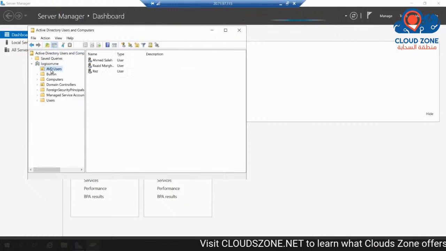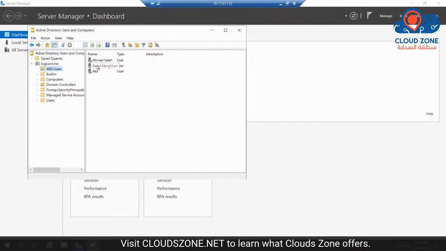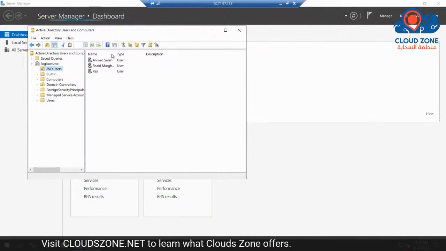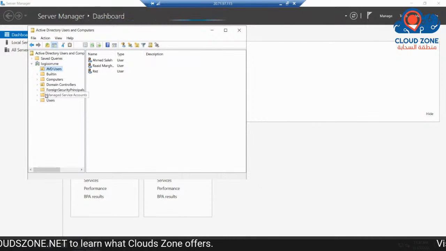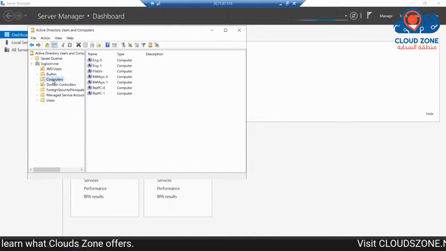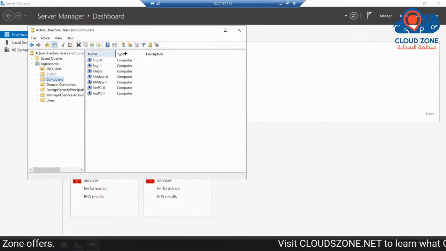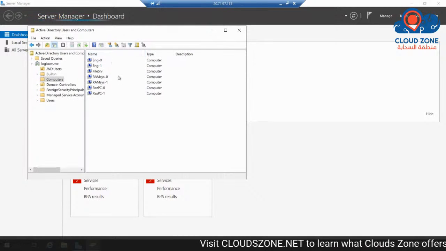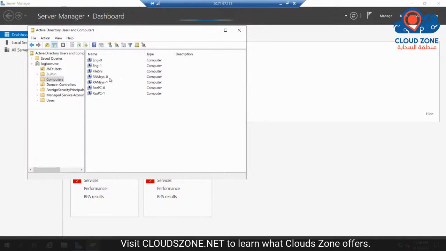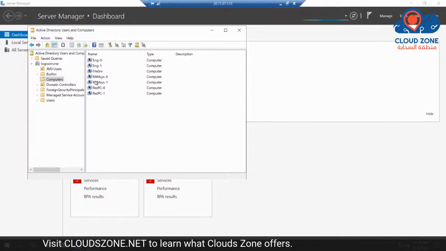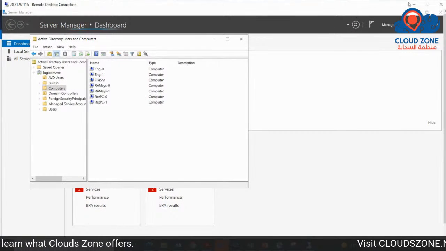You'll see that I have my AVD users. I have Ahmad and I have Raid. These are the people that I authorized to connect to the virtual desktop. And then if I went to computers, you can see that I have a couple of computers. I deleted a couple of them. I only left Ramses 0 and Ramses 1. I deleted the rest. Okay, so if I go back to the Azure portal,